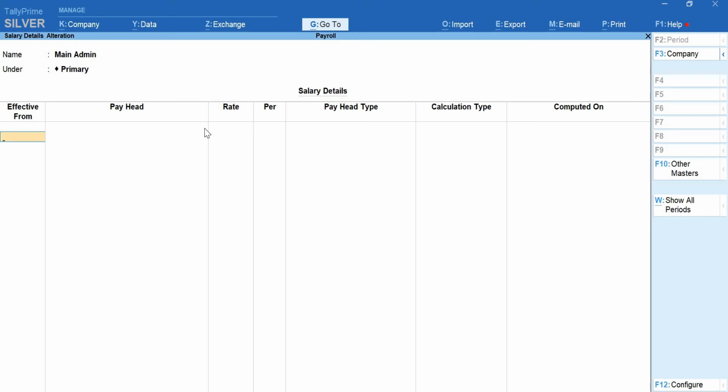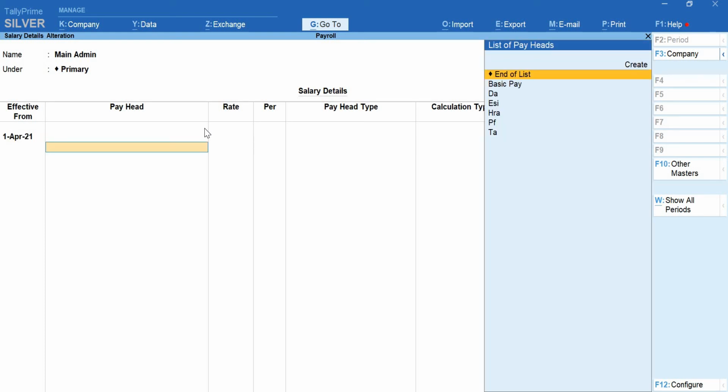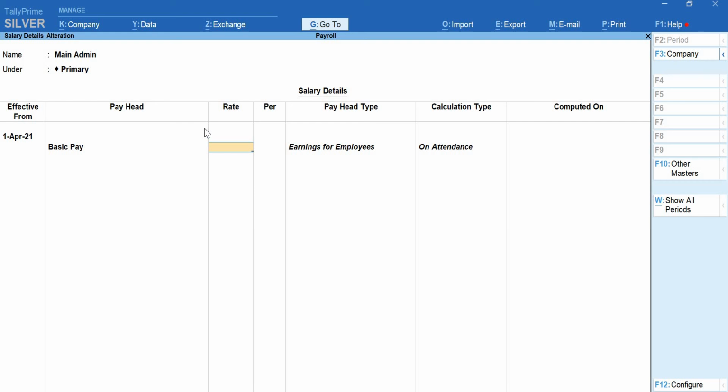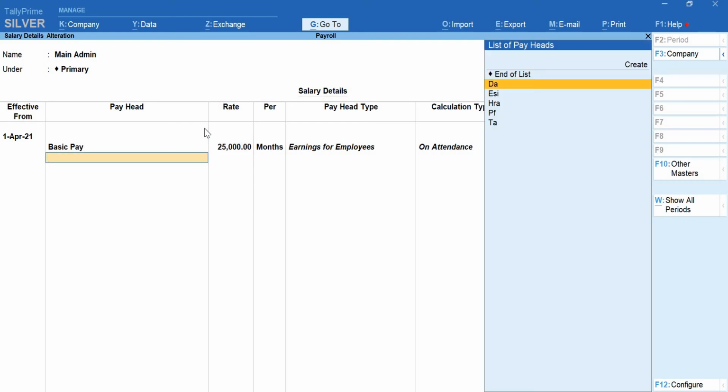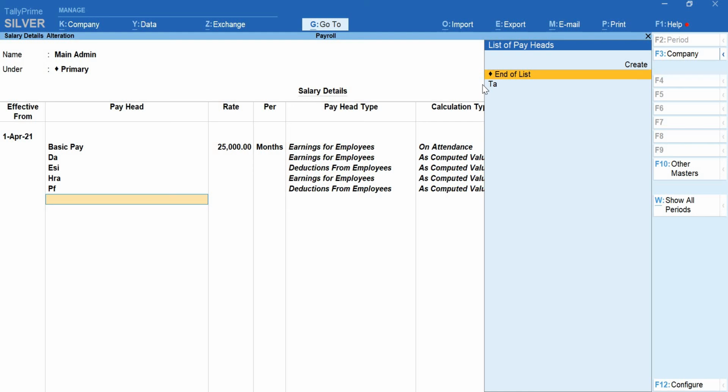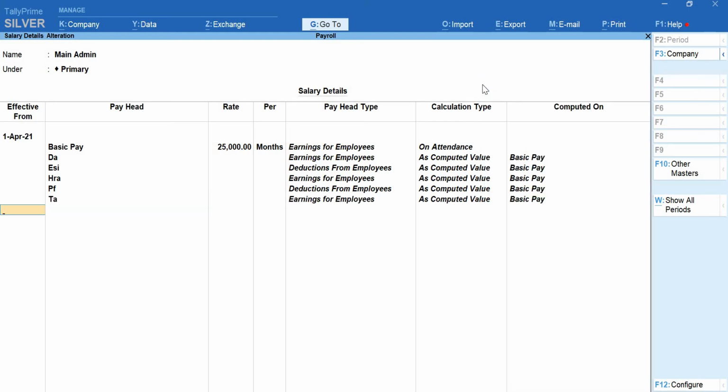So here, effective from 1 and enter. Basic pay. You have to provide the number, or whatever amount she takes as basic pay. I'll just go with 25,000. And then dearness allowance. On the right hand I have a list of pay heads. So just go for selecting all those things. Select and give enter so that it will be entered into your defining salary sheet.